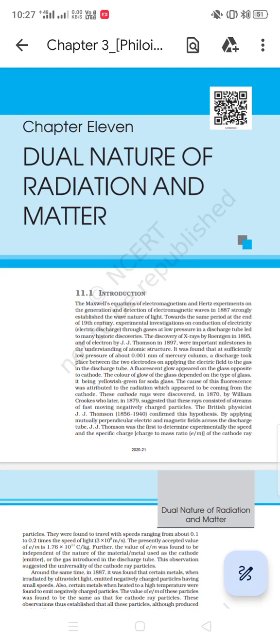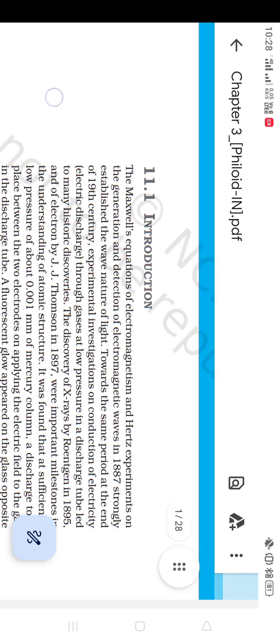NCERT Class 12 Physics, Chapter 11: Dual Nature of Radiation and Matter. 11.1